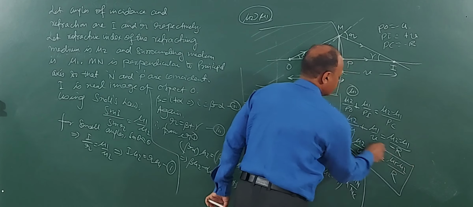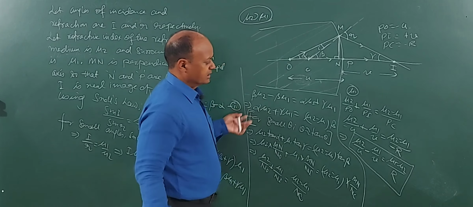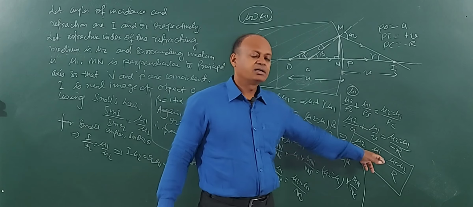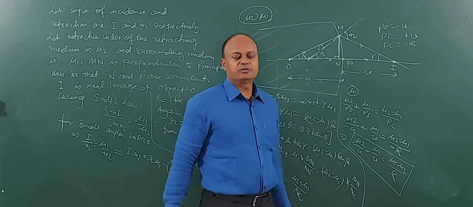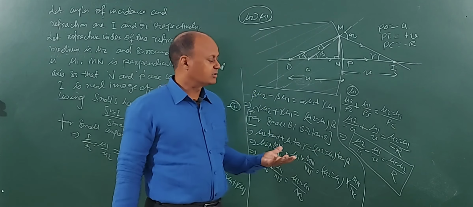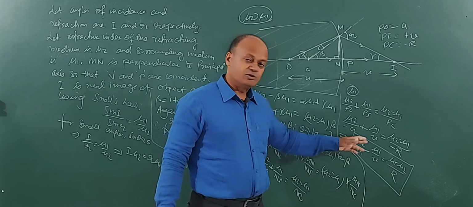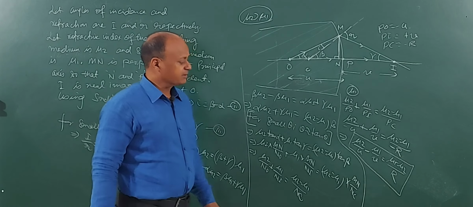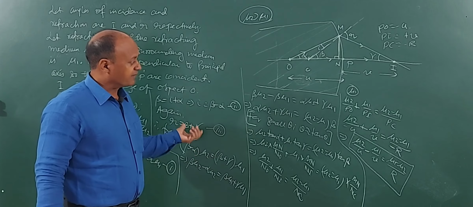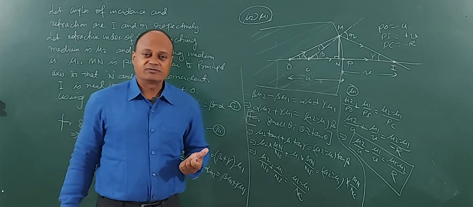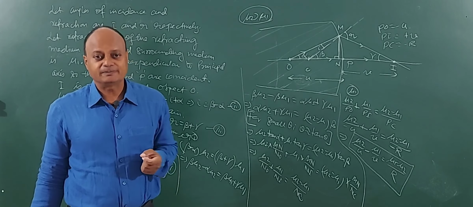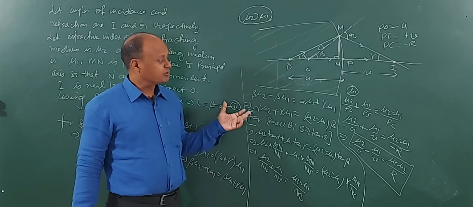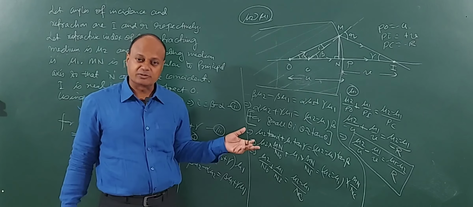So when you study this equation closely, you will find that compared to the previous equation, when the object was in the rarer medium, mu1 and mu2 have been interchanged. That's the only difference. If I replace mu1 by mu2 and mu2 by mu1, I will get this equation. So children, this was refraction on a convex curved surface when the object is placed in a denser medium. In other words, when the refraction is taking place in the rarer medium. Go through the entire derivation, there will be numericals also based on this.